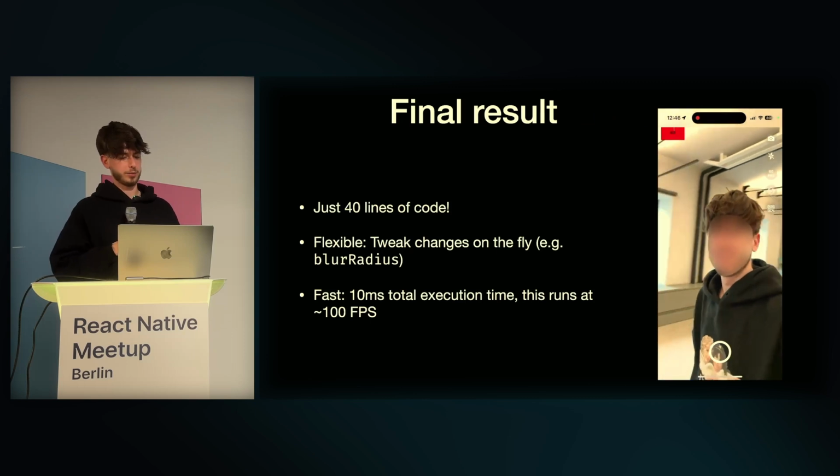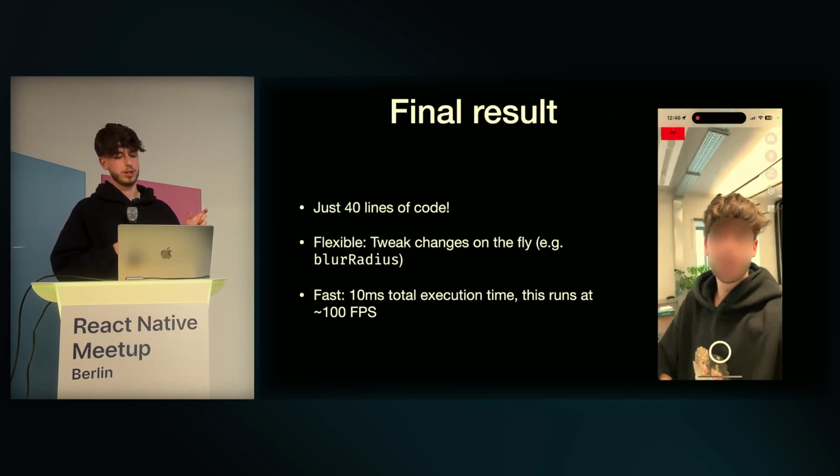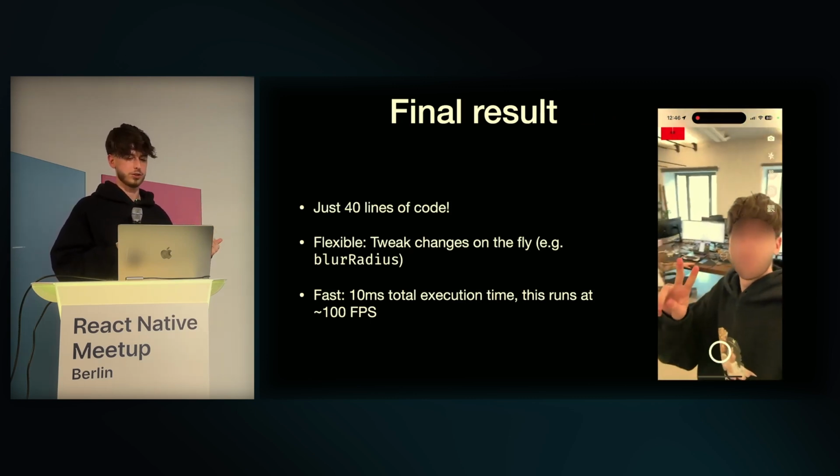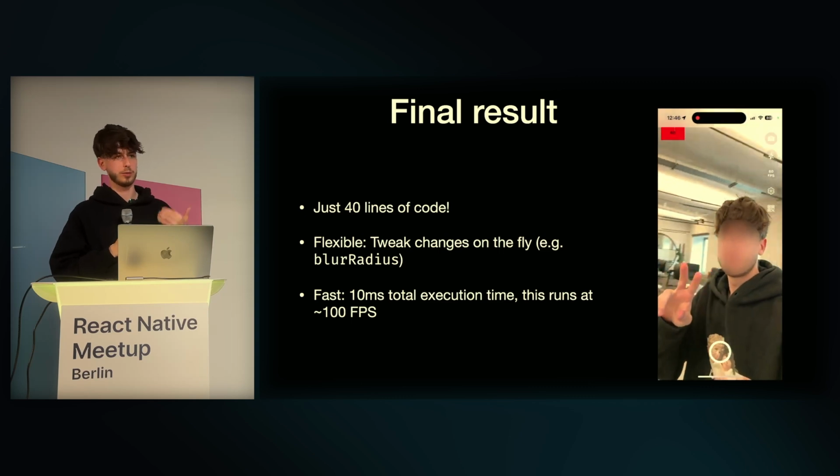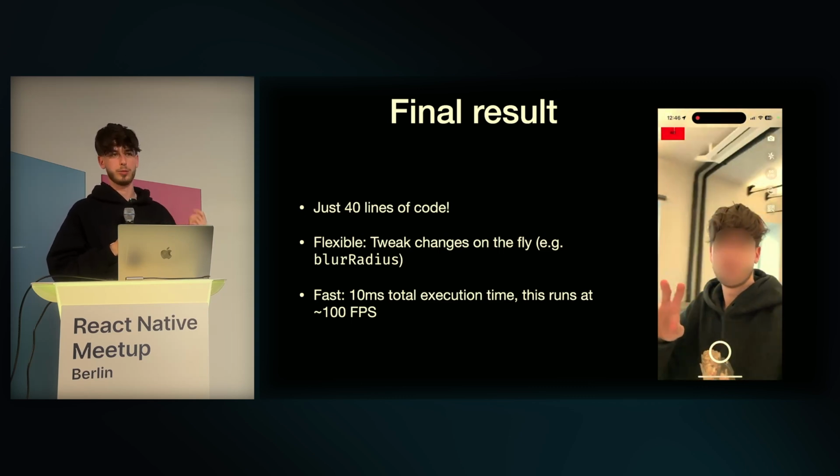It's very flexible, so the blur radius variable we just created can be changed on the fly. I can change it from 25 to 30 to make the blur more intensive. Hit Command S, it saves immediately, no rebuild needed. You can deploy that over the air without any native rebuilds. I can configure the plugin to be fast or accurate, however I want, and just ship it immediately without any